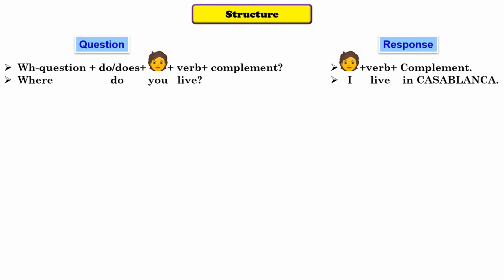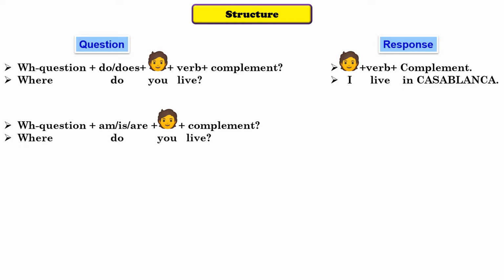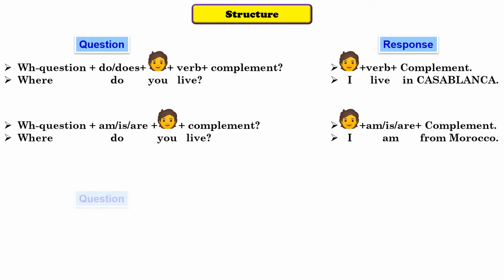I live in Casablanca. The second case, we have WH question plus am or is or are plus subject plus complement. Example, where are you from? Response, we have subject plus am or is or are plus complement. I am from Morocco. The third case,